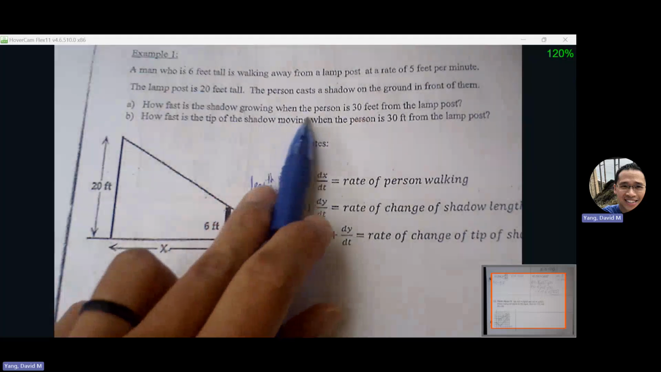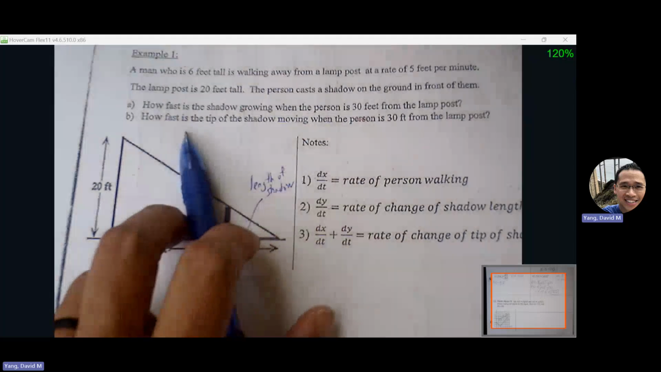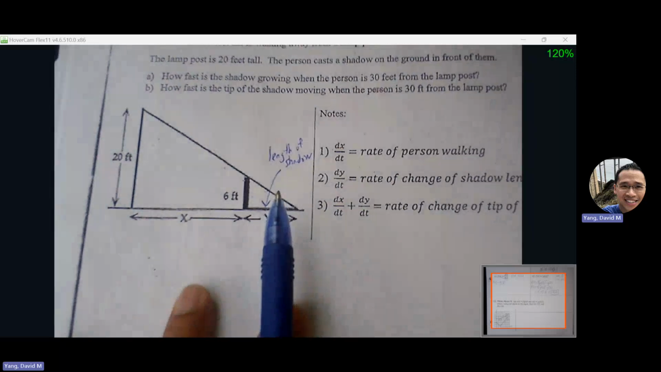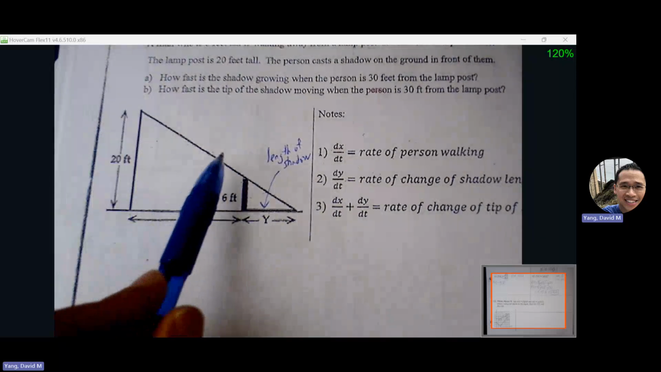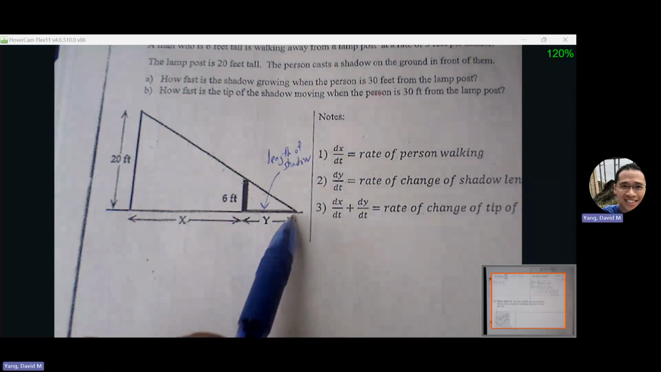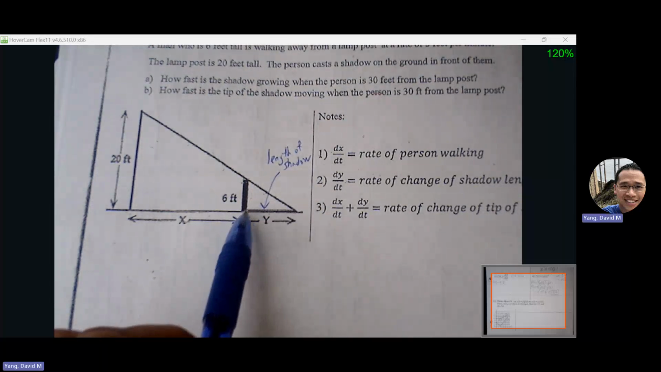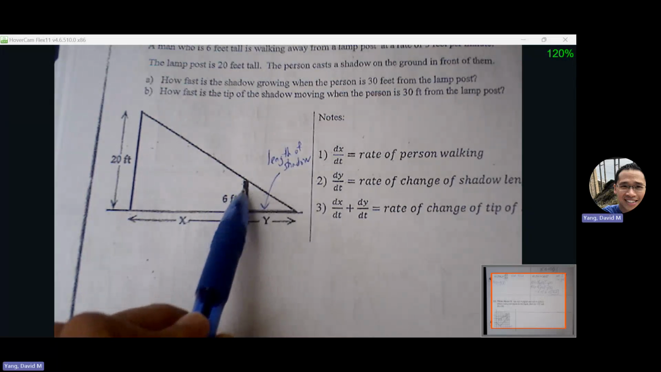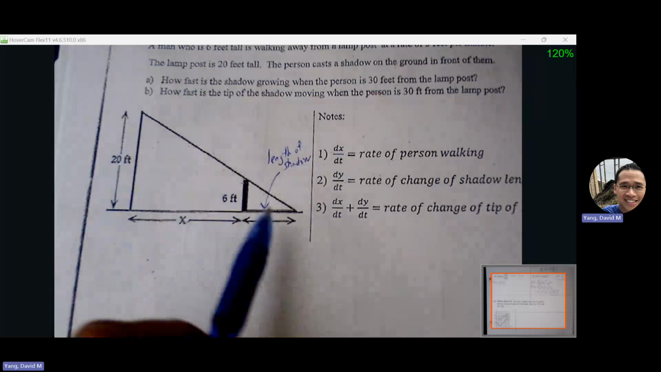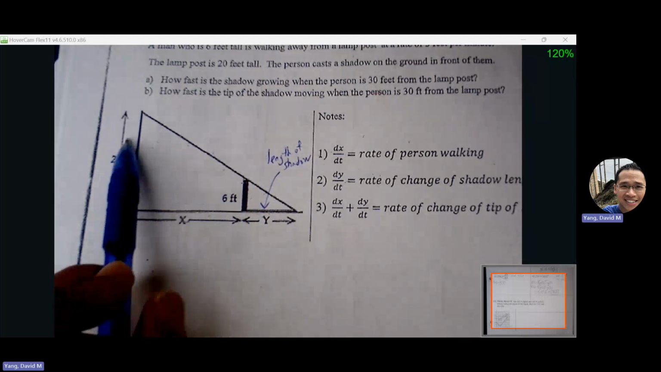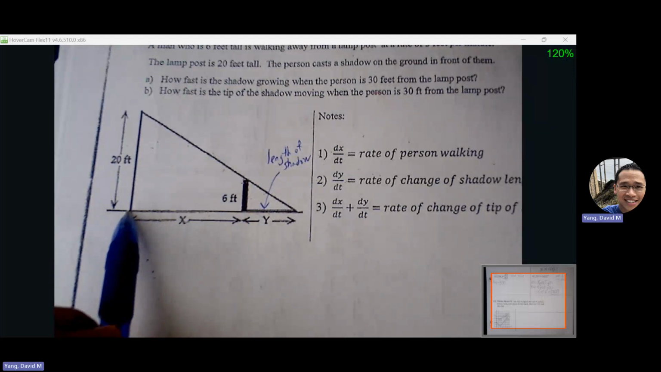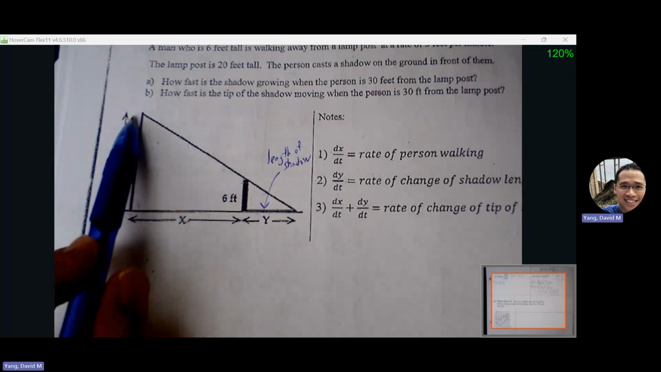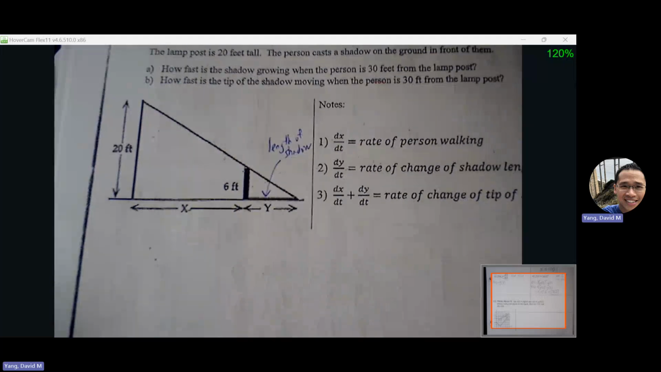How fast is the shadow growing when the person is 30 feet from the lamppost? And part B, how fast is the tip of the shadow moving when the person is 30 feet from the lamppost? So I want you to see that there's a triangle within a triangle. The tip of the shadow in relation to the person's height is going to form the small triangle. And the large triangle is formed by the tip of the shadow all the way to the ground beneath the lamppost, or the base of the lamppost, and the top of the lamppost. So here are the dimensions of our